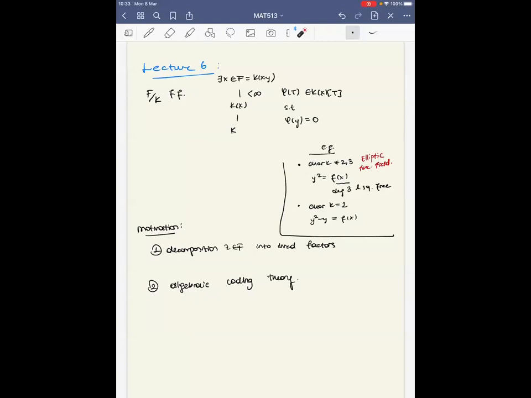Recall that we define an algebraic function field as a simple extension. Here, x and y are in algebraic relation, like in the elliptic function fields, or this equation can be defined with respect to other types of equations. And in the beginning of this lecture, we motivated ourselves with one of the questions about the decomposition of a function into irreducible factors. But I also want to mention another motivation in this course, which comes from algebraic coding